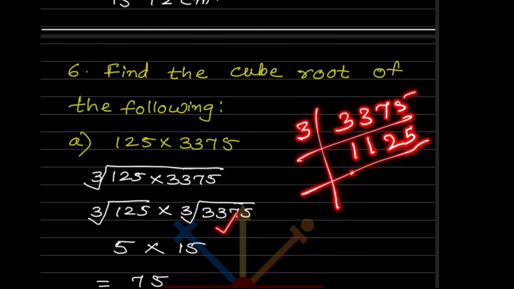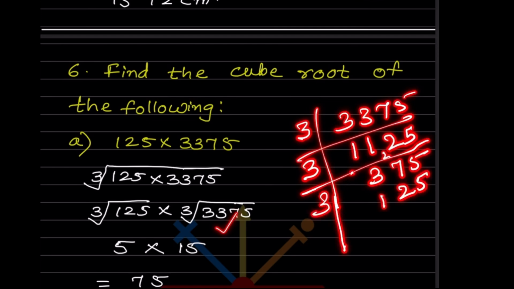Then now let us see whether this goes with 3. 3 2s are 9. Then 2 remains, means 3 7s are 21 and 3 5s are. So then 3 1s are, 3 2s are, 3 5s are. Now this doesn't go with 3, then we'll go with 5. 5 2s are, 5 5s are and 5 1s are.